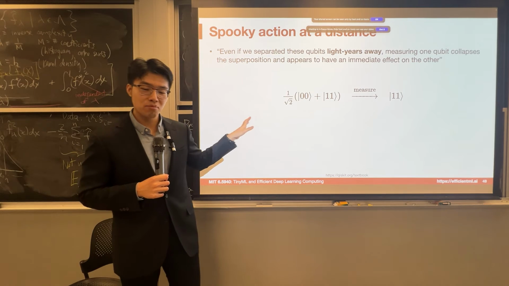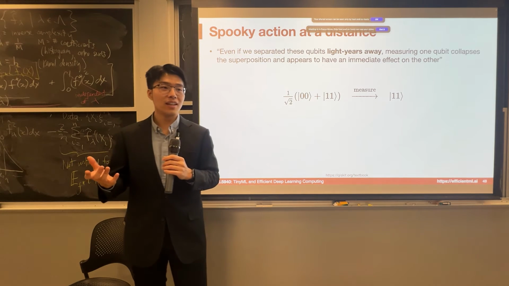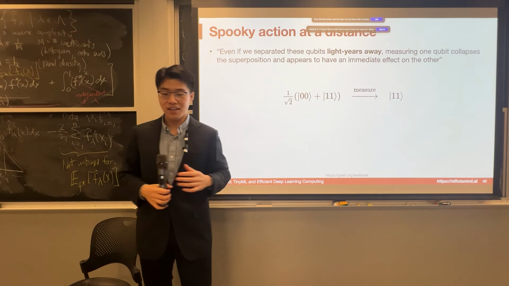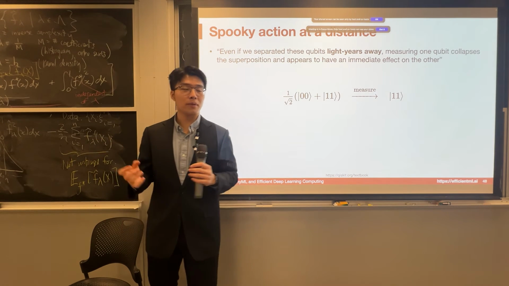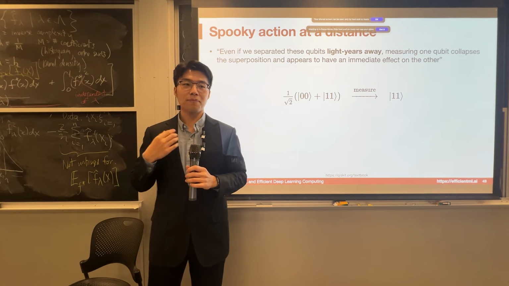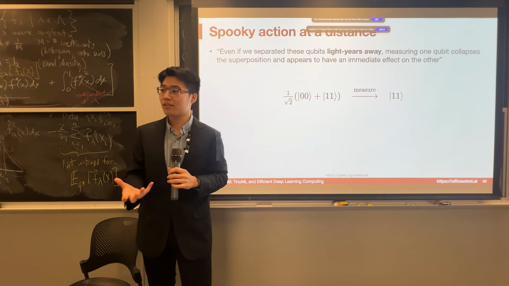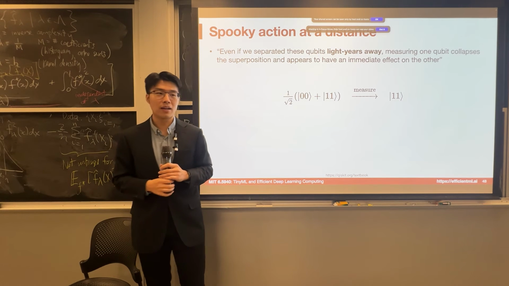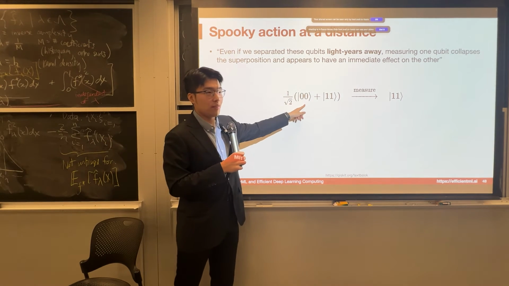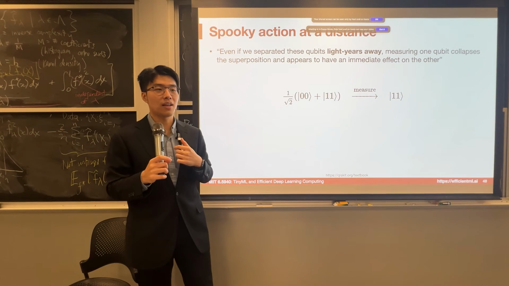So that is called spooky action at a distance. So that means, say, if we created these entangled qubits here, and then one of you can bring one to another side of the galaxy, right? And then if we measure the two qubits, we can always know that if I obtain a 0, the other person's state will also be 0. If that one is 1, the state of my qubit is also 1. That is because the two qubits are already entangled, so they are always both 0 or both 1. No matter how large the distance between them is, they are still entangled, right?